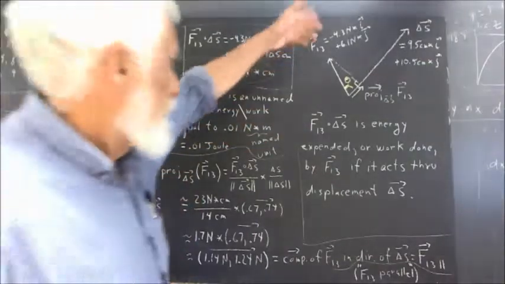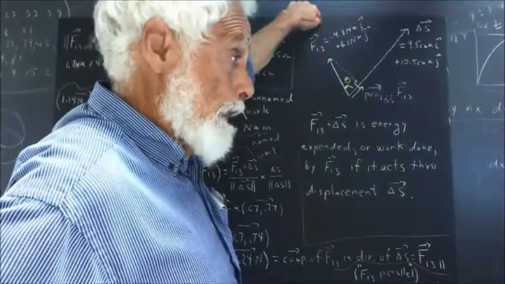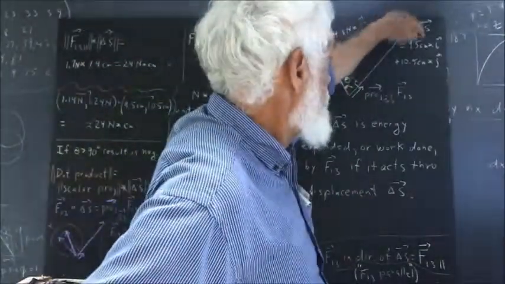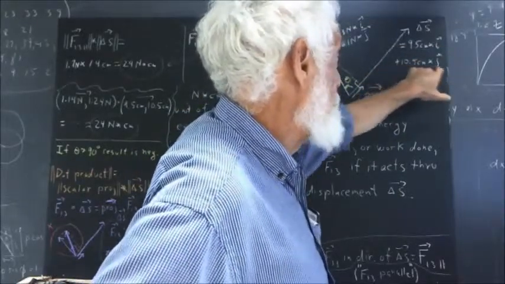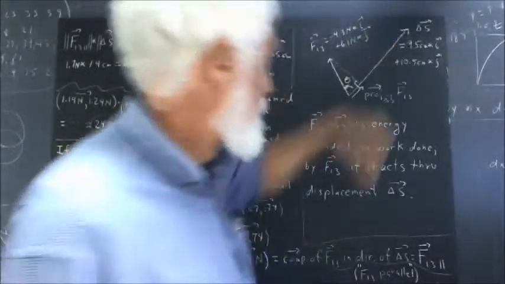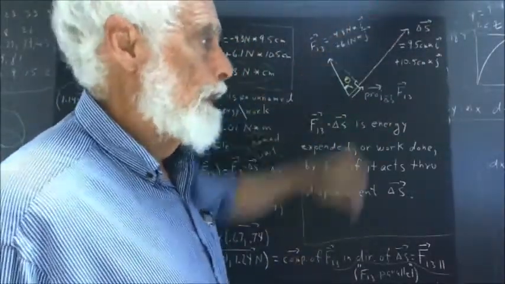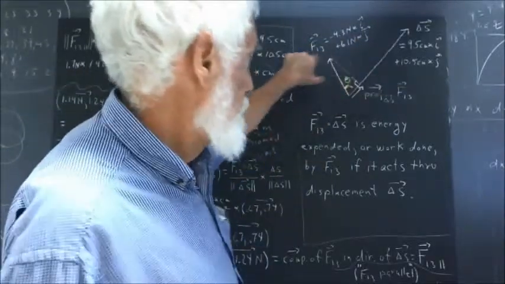A brief summary of the last couple of videos. F13 is our usual vector. Delta S is the displacement vector: 9.5 centimeters times I, 10.5 centimeters times J. Now this was related to the F12 force vector that we looked at previously and actually dotted with the F13